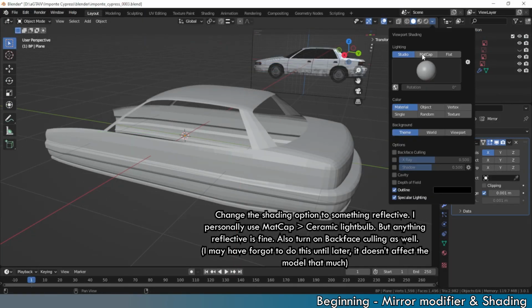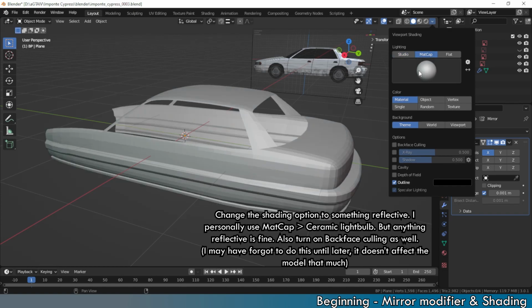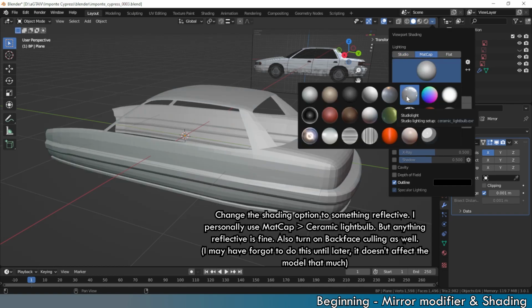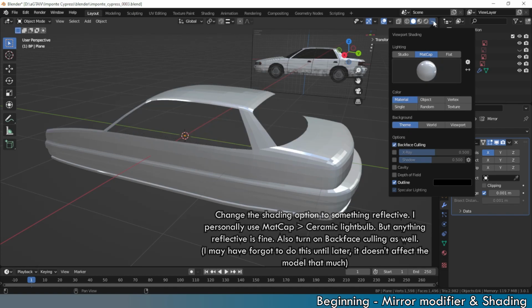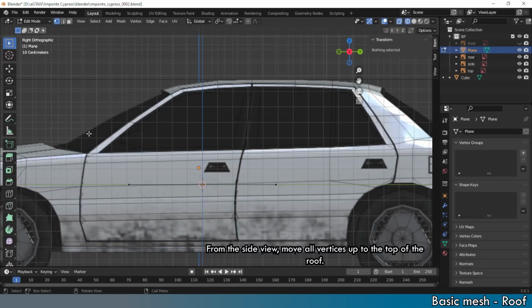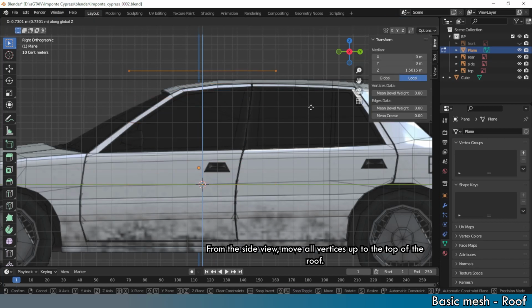Personally, I use matcap mode and use a ceramic light bulb, but anything reflective here is fine. Also, turn on the back face culling as well. After we have the shading settings set up, just go to the side view, move all the vertices up to